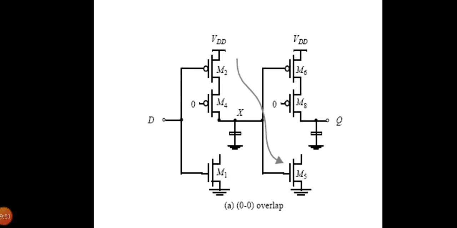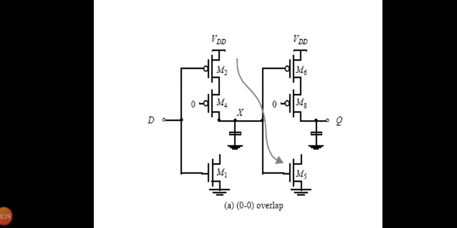In the 0-0 overlap case, the circuit simplifies to this network, in which both PMOS devices are on during this period. To operate correctly, none of the new data sampled during the overlap window should propagate to the output Q, since data should not change on the negative edge of a positive edge triggered register. Indeed, new data is now sampled on node X through the series PMOS devices M2 and M4, and node X can make a 0 to 1 transition during the overlap period. However, this data cannot propagate to the output since the NMOS device M7 is turned off.